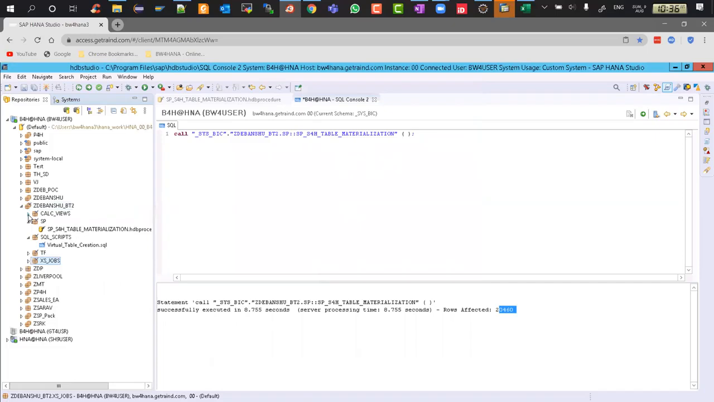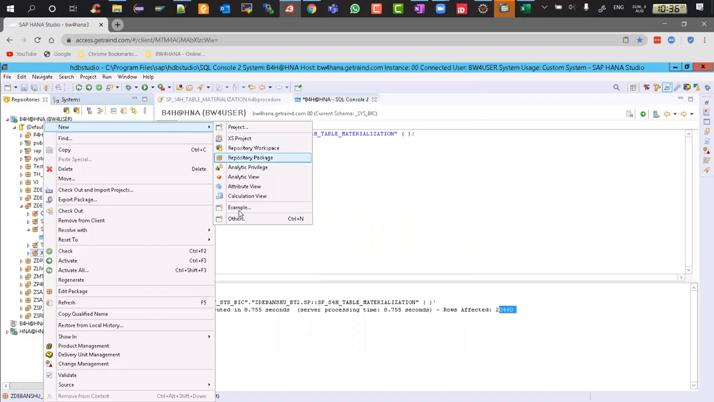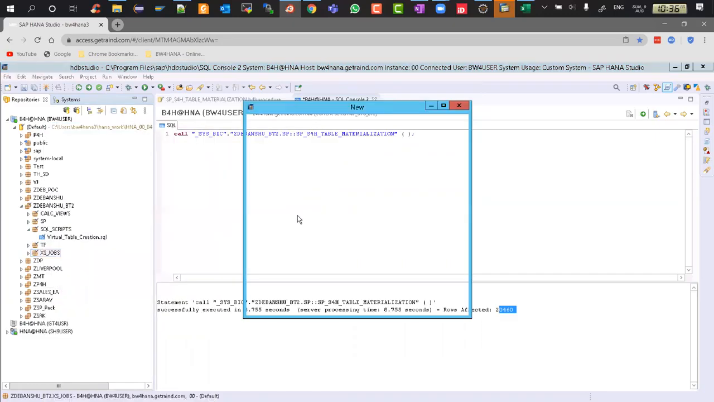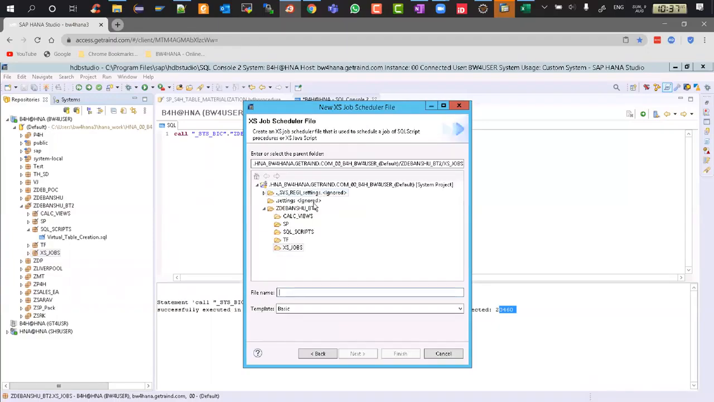So you minimize the calc view, minimize the stored procedure. Now we'll create something called an XS job. Right click on this package, go to new, and if you don't see XS job, click on other and just type XS job. The moment you type XS job, under SAP HANA application development, we have the XS job scheduler file. So you click on this, give the name